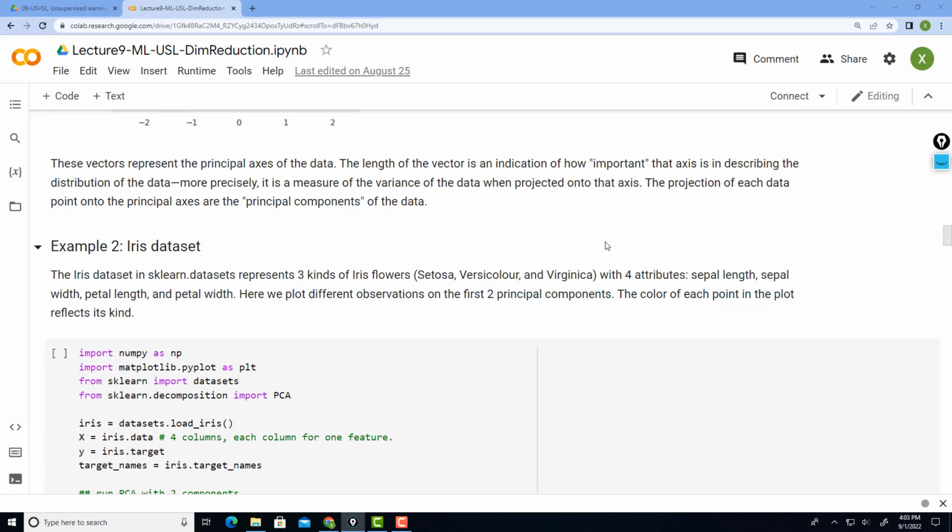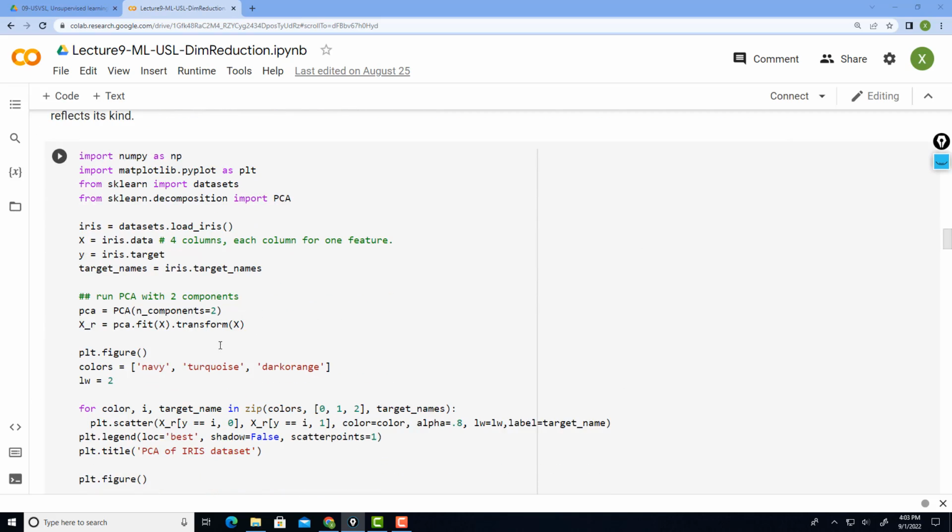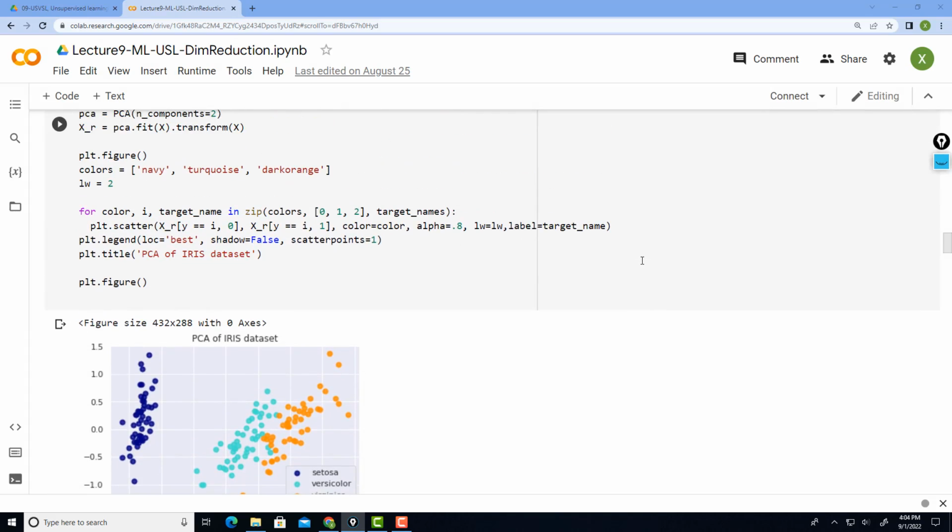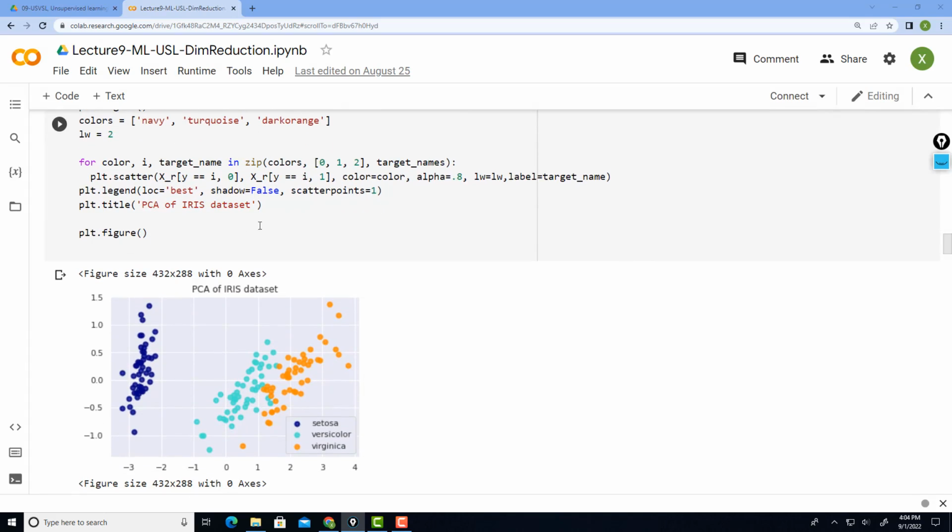We have used the iris dataset in multiple supervised learning algorithms. It has 4 input features based on the flower shape parameters. And here we're trying to derive the 2 principal components to derive the subspace from the original 4-dimensional input feature space. And then what we are trying to do is just to visualize all different iris flowers in this 2-dimensional space. You can see that with this principal component dimension reduction, you can easily visualize the differences across different iris subtypes.